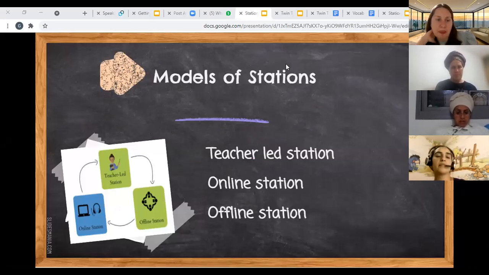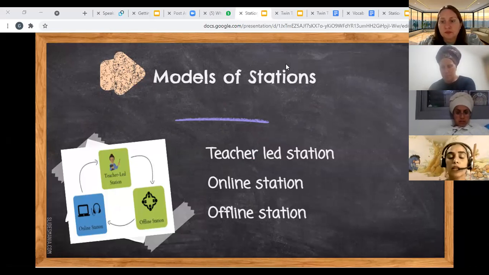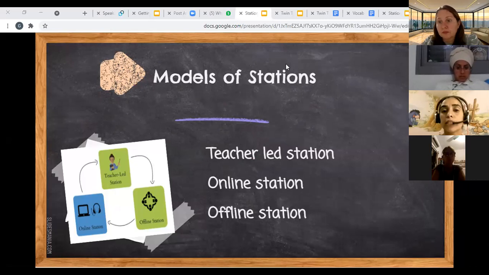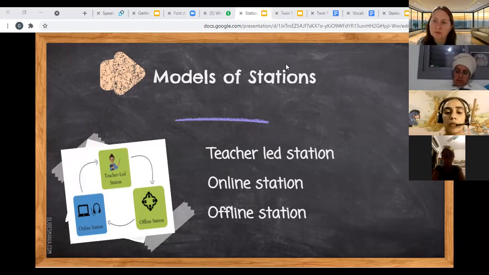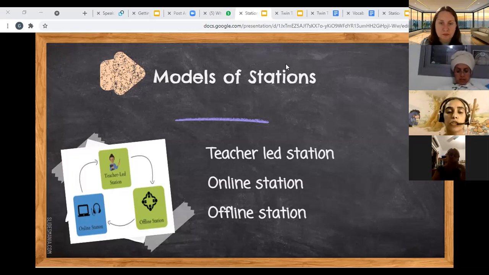Okay, right. So these are the 3 basic models of a station. One is the teacher-led station where you're giving the instructions. It also gives you an opportunity to give feedback in the station because you're with them, motivating them to work. You could see what they're doing, and it's based on your direct instructions. Whereas the other stations are more independent, where the instructions are written. If it's an offline station, they read them off a paper that you wrote the instructions on, or they're reading from their book. An online station, we also have the added value of the technology, in which they either work